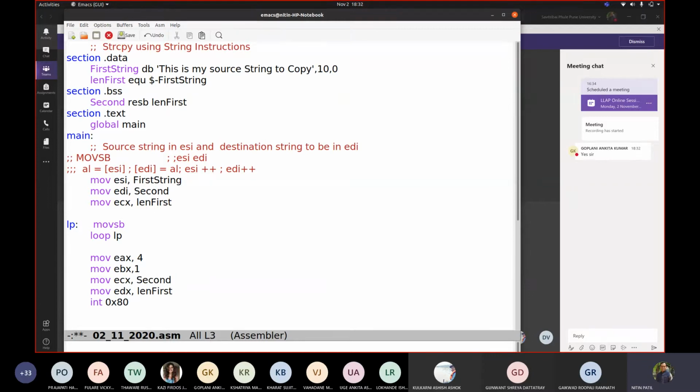Length: first, we declared a directive to get the length of the string. In BSS we declared second with the same length as the first string, and we used only this. Now you may see only this line, this movsb instruction, which is without any operand. This string instruction is without any operand.